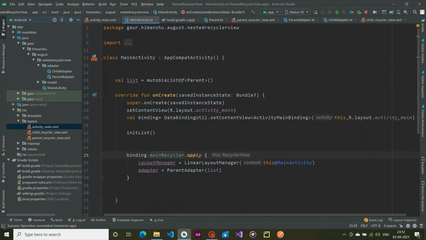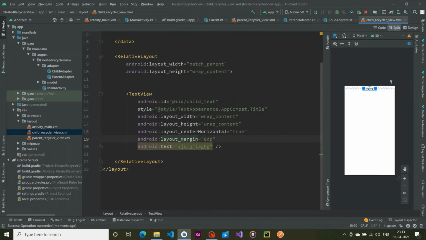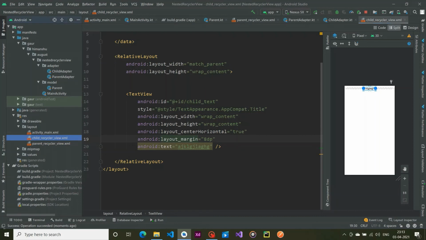So finally we are recapitulating what we did. We are simply creating a nested recycler view, and by using this nested recycler view we created sections in our recycler views. First we create the layouts. This is for our parent, this is for our child, and after that we create models. We actually create only one model for our parent, and if you want to create a second model for our child, it is totally fine. I used a string, but you can use any kind of object in your child recycler view, it is up to you.